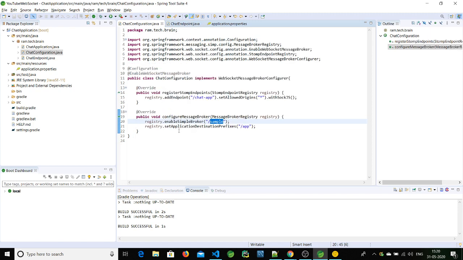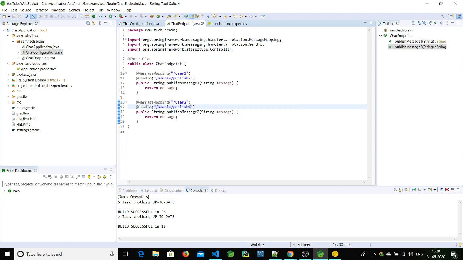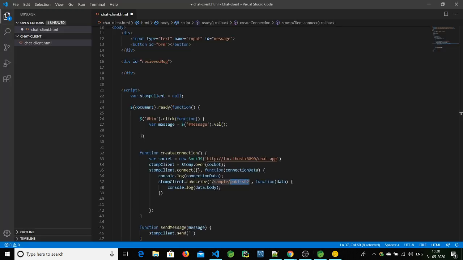In the configuration sample, okay, here we subscribed to user 2, so the sender will be user 1 and we are user 2. So let's make it app slash user 2.